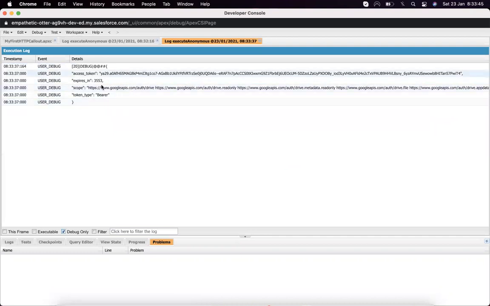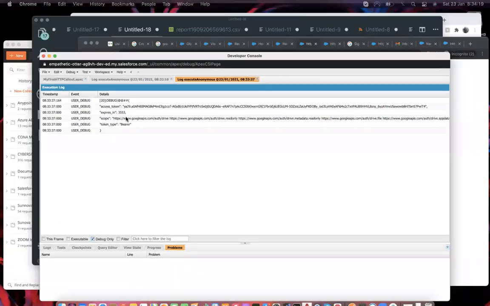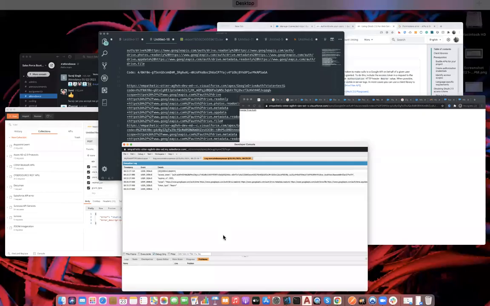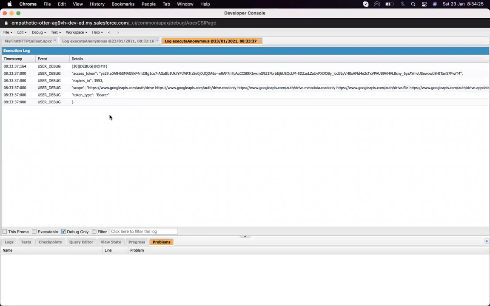Now in the response, we can see I got the access token. But I'm not able to extract this access token, because how can I extract it? It's in a JSON format. For extracting a value from JSON, we haven't talked about working with JSON yet, and it is a very important thing. Since I got this response, I need to convert it so that the code can read it.